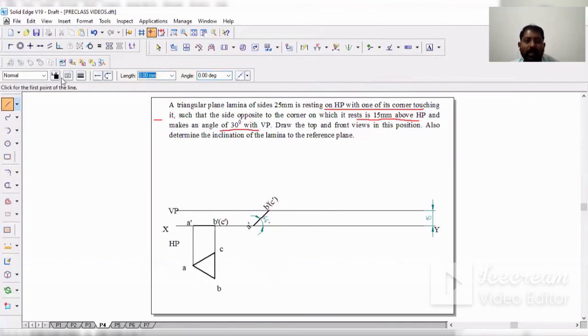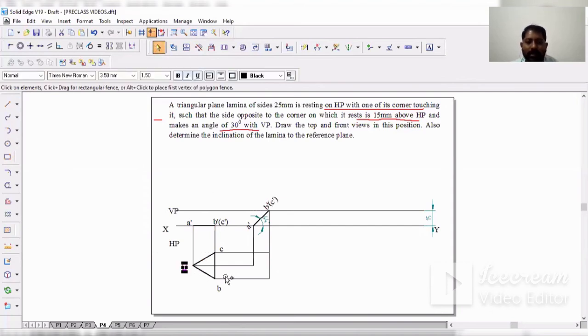For that, go to the line command. Here it is a normal line. From all these points, project vertically downward. A dash and A come and meet here. Similarly, B dash and B come and meet here. Then C dash and C come and meet here. Then go to select, copy these namings, press Ctrl and drag. You'll get A here. Similarly, press Ctrl and drag B, Ctrl and drag, and you'll get C.